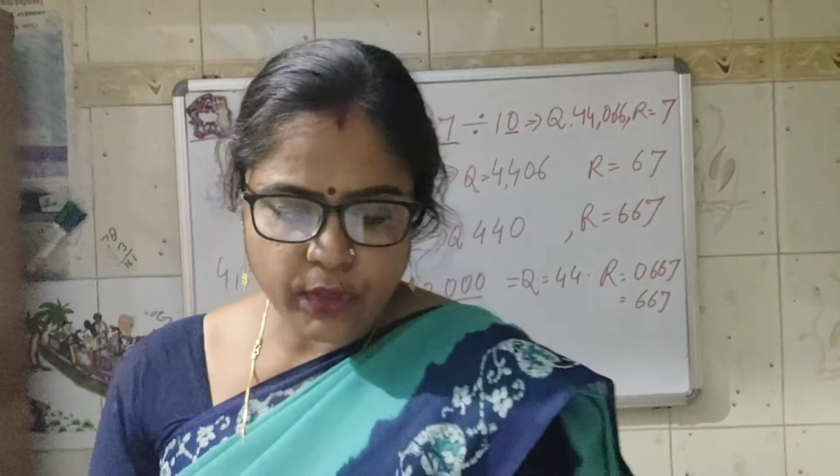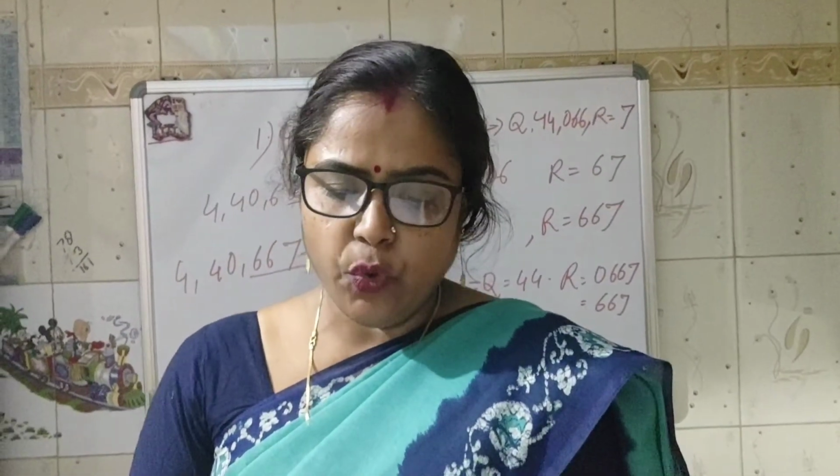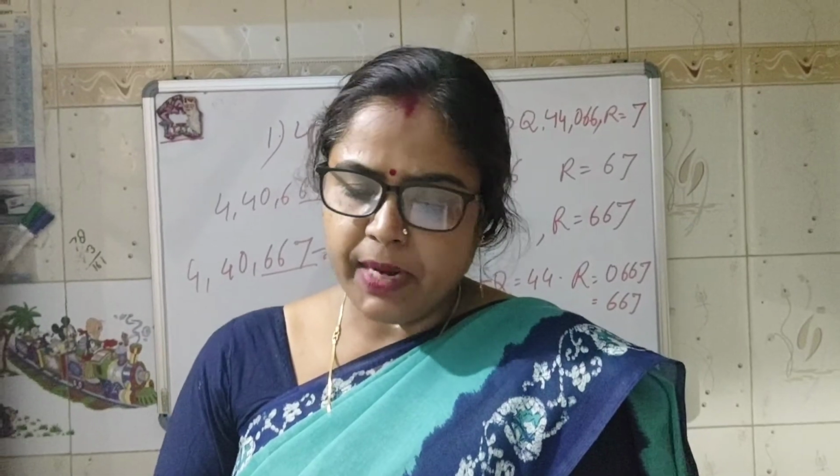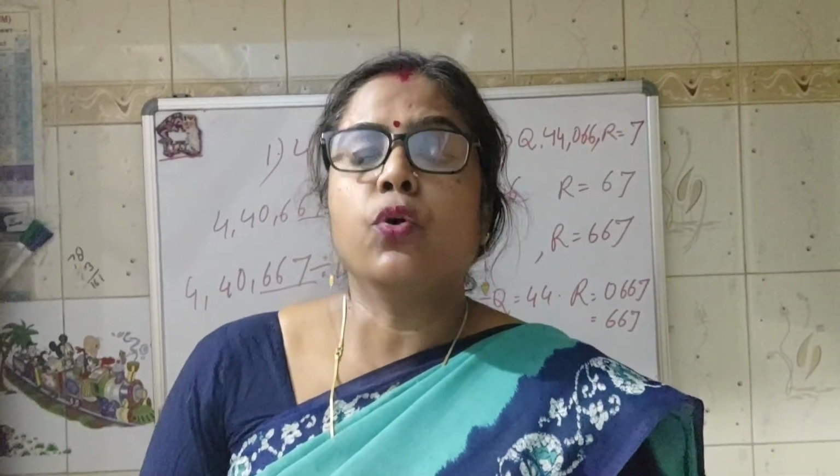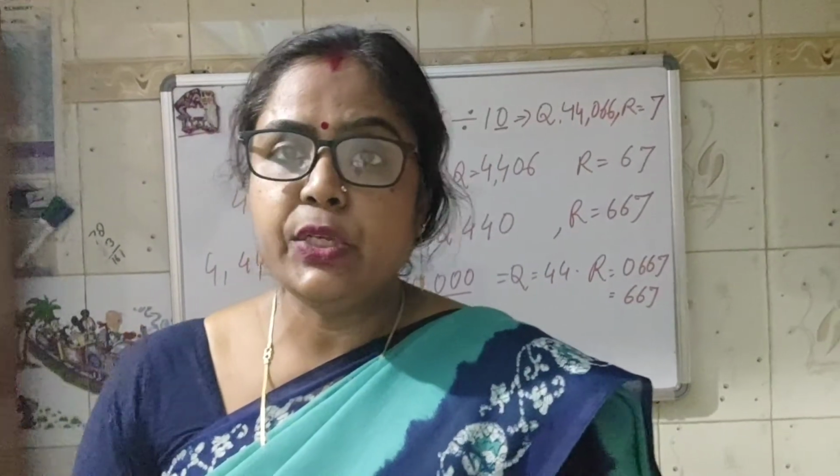Now we are switching to the next question, that is, state whether the following are true or false. If the order of numbers multiplied is changed, the product is also changed. No, it is false. And this property is called the commutative property. So in the commutative property, when the order of numbers is changed, the answer remains the same. Now, if we multiply any number by 0, the answer will always be 0. In the question it is given 546363 multiplied by 0, and the answer is given as the number itself, which is wrong. So we can write false there.